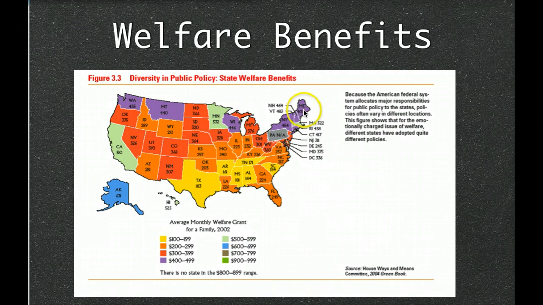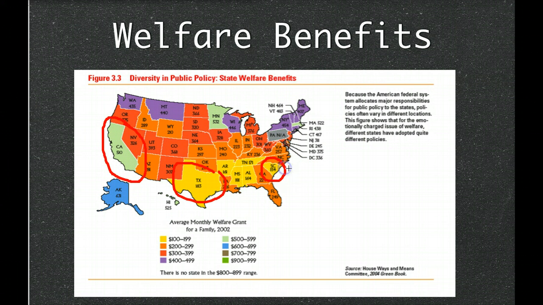Now, we can see here that there's a lot of diversity when it comes to federal payments. California is one of the larger ones. I know it says 90, but your book should have said 900. It's green down here. On average, I'm sorry, 5 to 599. This is a different shade of green. But we can also see that in places like Texas and in South Carolina, it's $183 a month, $154 a month.